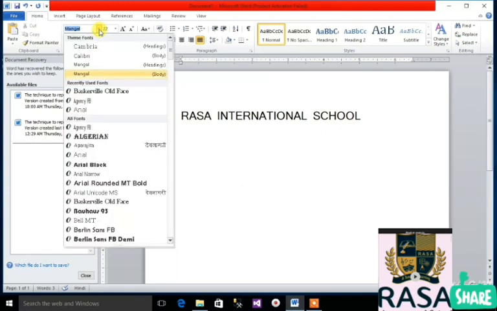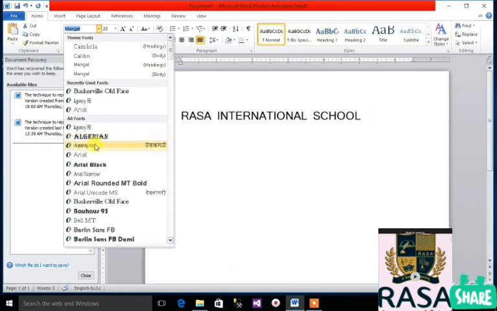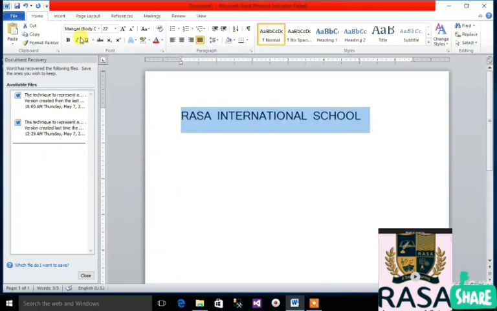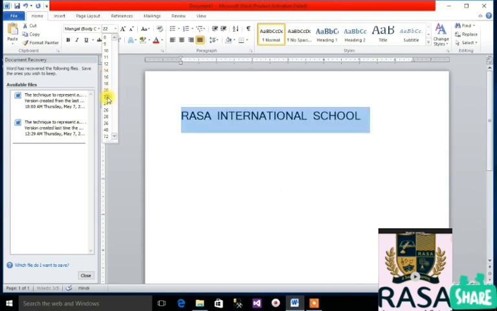So first you can choose a style of this text. You can have so many styles. Here I'm selecting this. So first we need to select this and then change the style like this. You can minimize or maximize the size from this. So if you are doing this, you are increasing the size. If you are doing this, you are decreasing the size.